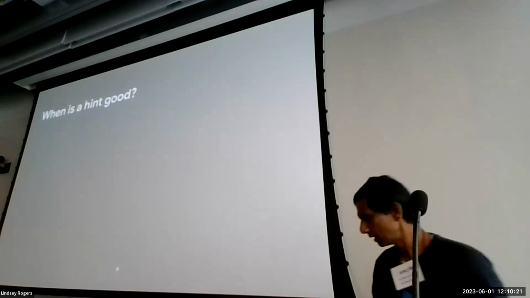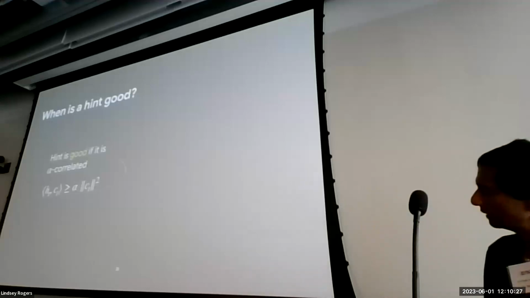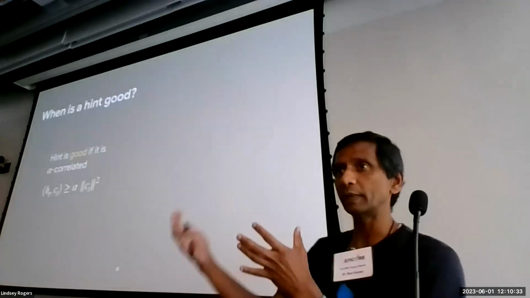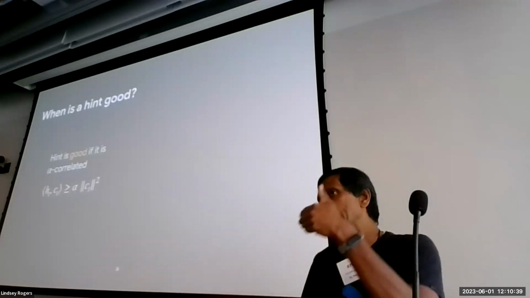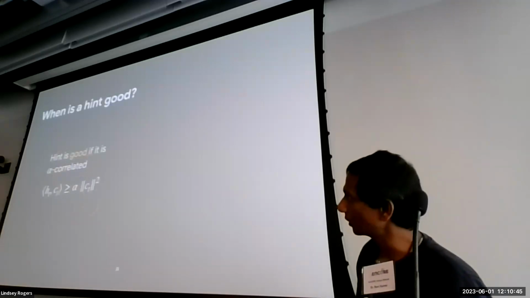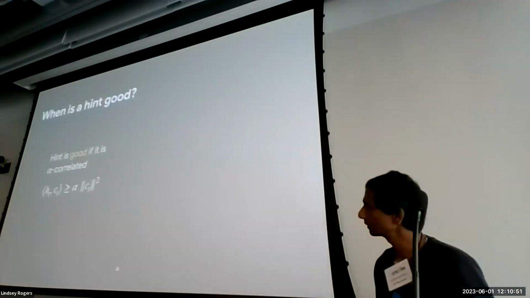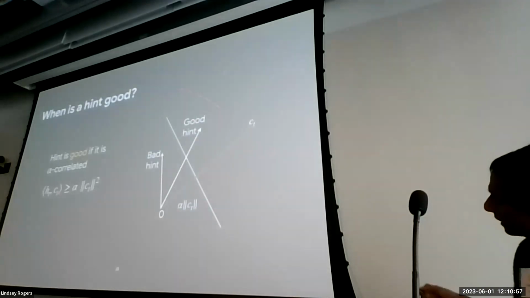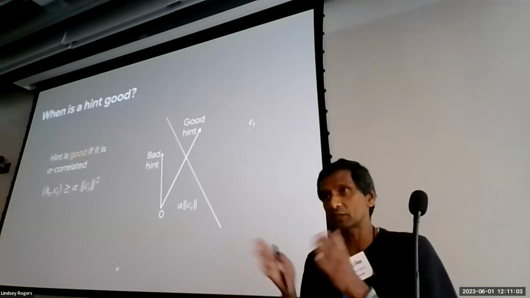So to be able to do this, I need to define when a hint is good, and I use the following definition. A hint is good if it is sufficiently correlated with the cost vector that I have not seen. Remember, CT is going to appear later after I play the vector WT, and the hint is going to appear before I play the vector WT. So the hint is good if it is alpha correlated, if the correlation between the hint and the yet-to-appear cost vector is sufficiently large. So this is how a good hint looks. Basically all the hints here are good. And we believe this is actually a better notion than looking at distance and so on. This is a more robust notion.